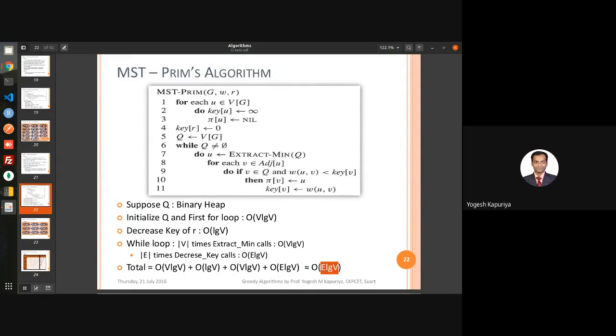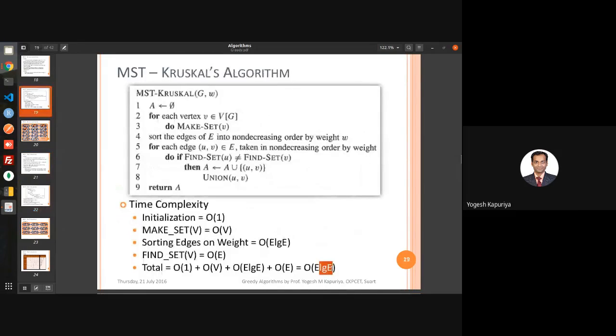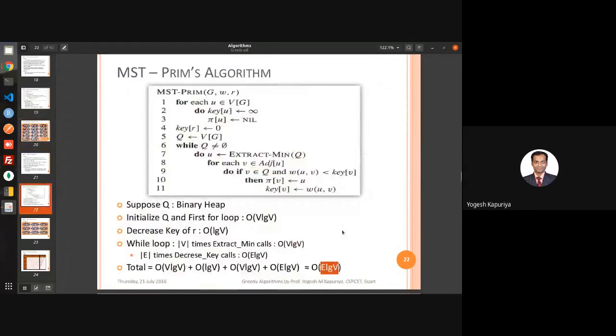Right, it's Prim's algorithm, because as I already told you, E is greater than V. Here the second term is log V and here the second is log E, and E is greater than V. That means this is the higher order term compared to this, and that means Kruskal's has slightly higher time complexity than Prim's algorithm.